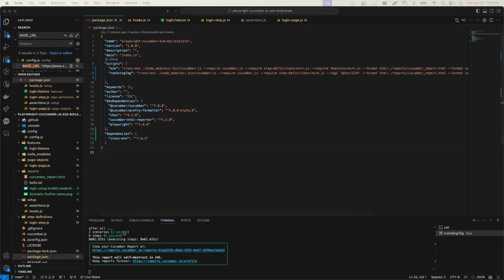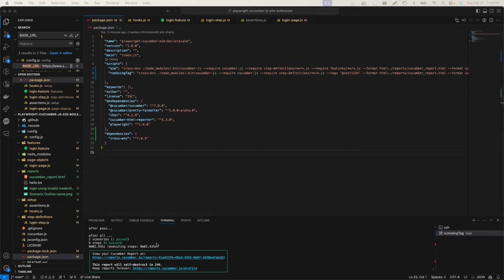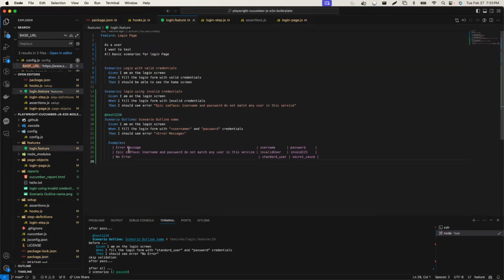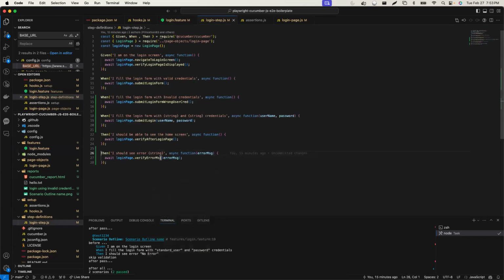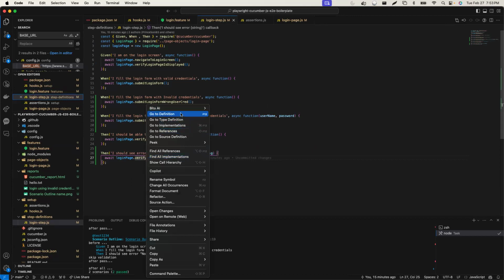As you can see, both tests pass right now because you chose to skip validation when you are passing a string called no error, because for this user, you're not expecting error. Okay. Now this is kind of sketchy. I wouldn't do it this way. But let's say no error means you're already in the homepage, you can validate something else. But you want to validate something. Otherwise, if you're not validating something, then it will become